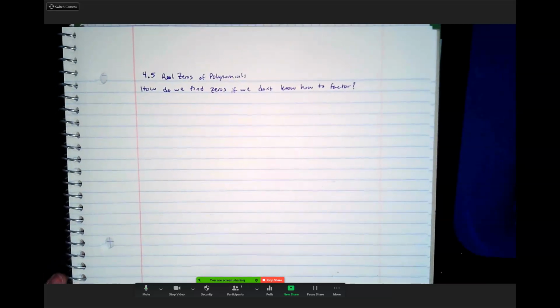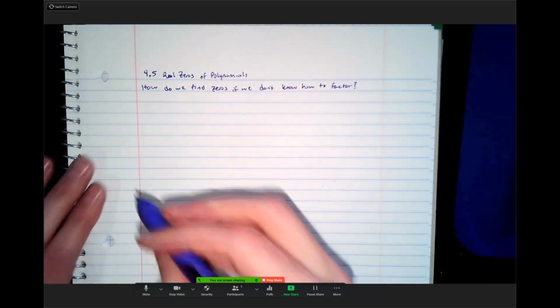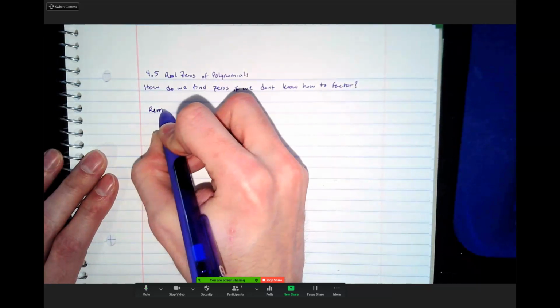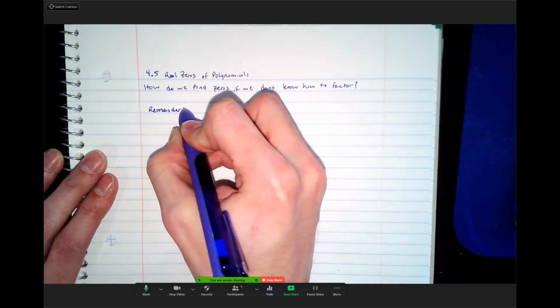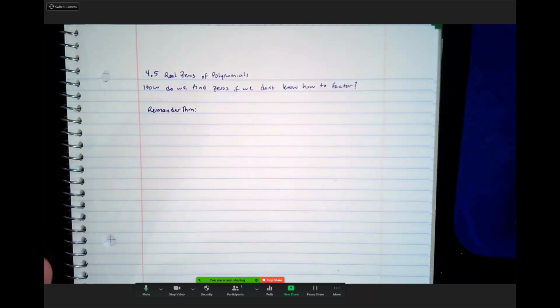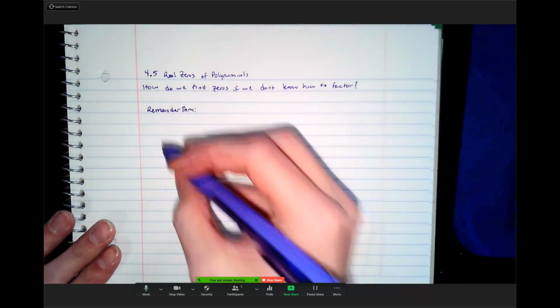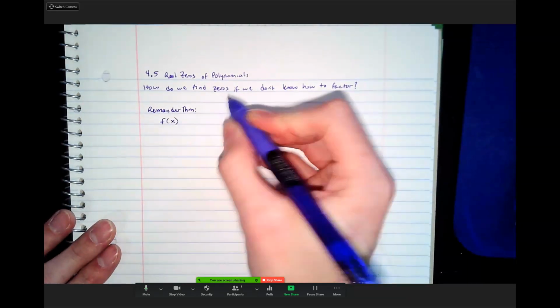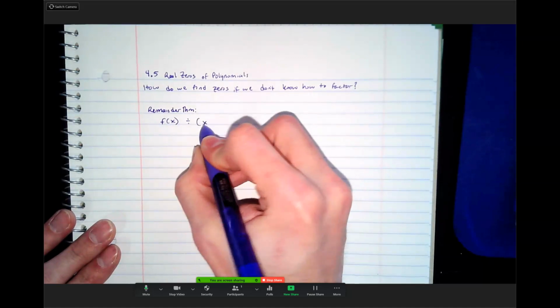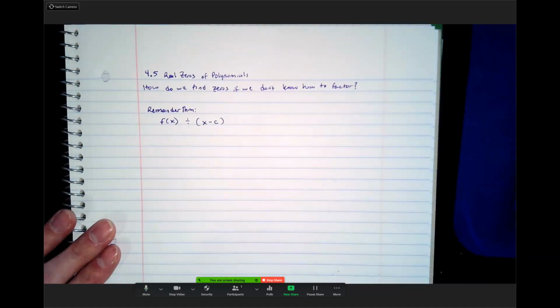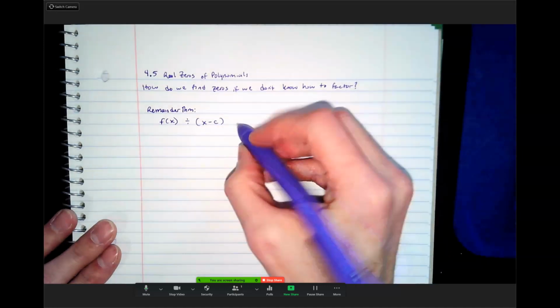So there's a couple theorems that we need to do first. You'll see synthetic division throughout all of this. I'm hoping you remember synthetic division. And here we go. So the remainder theorem deals with if you divide one polynomial by another, what the remainder is, kind of like in long division. So if you have a function f of x and you divide it by the factor x minus c, the remainder